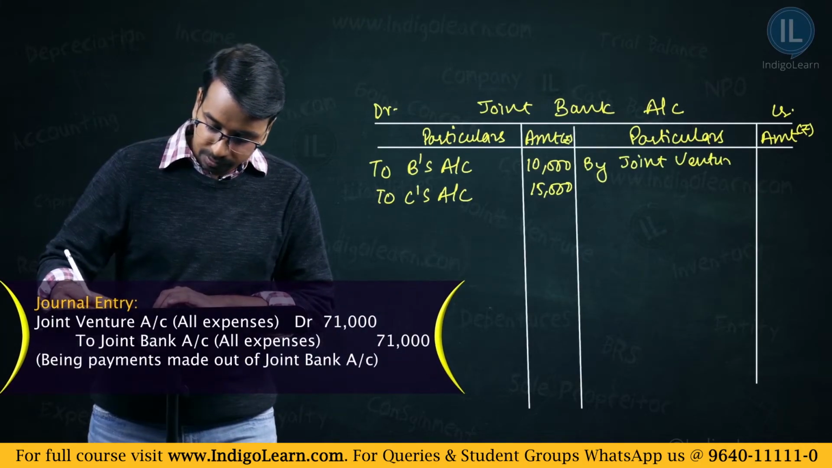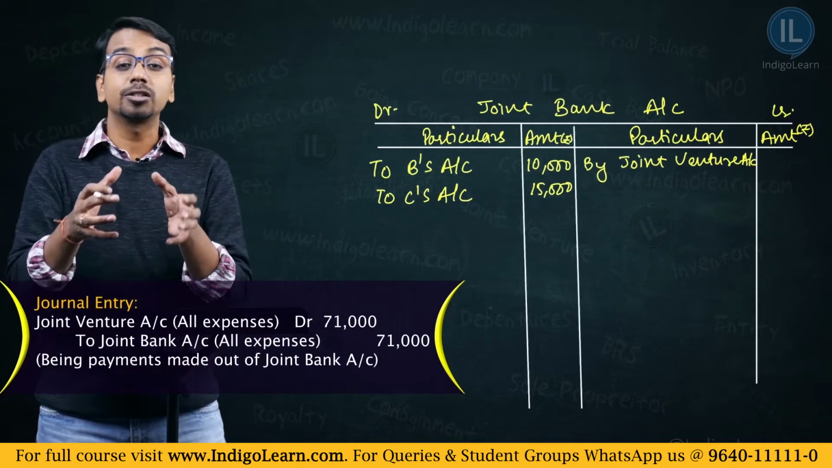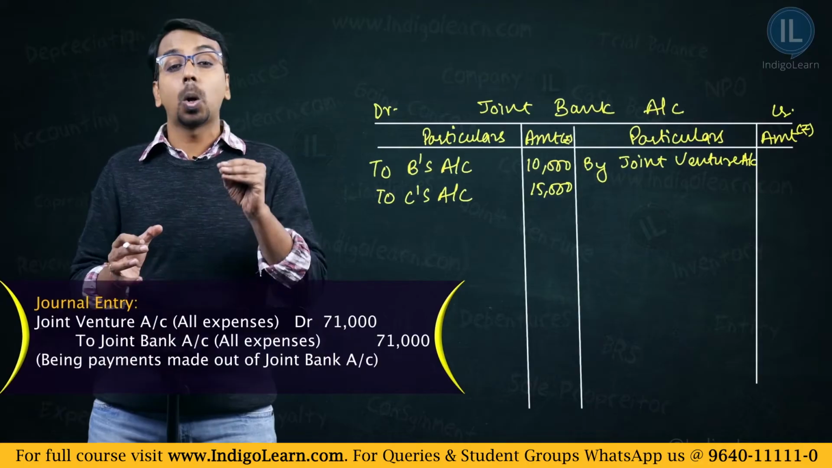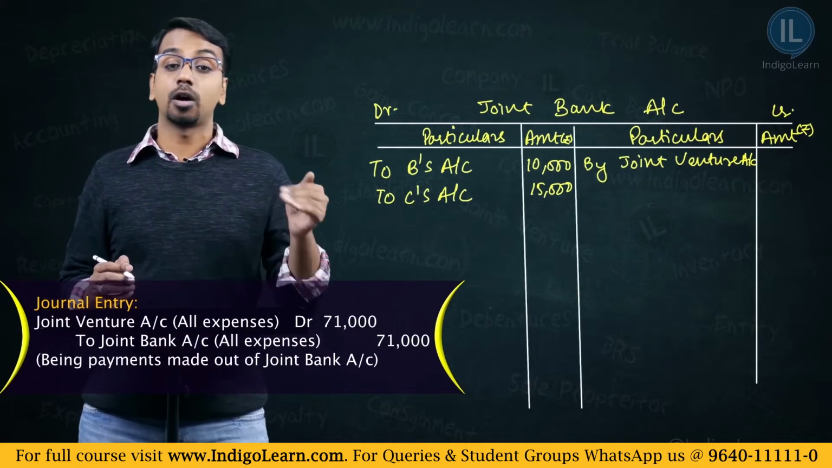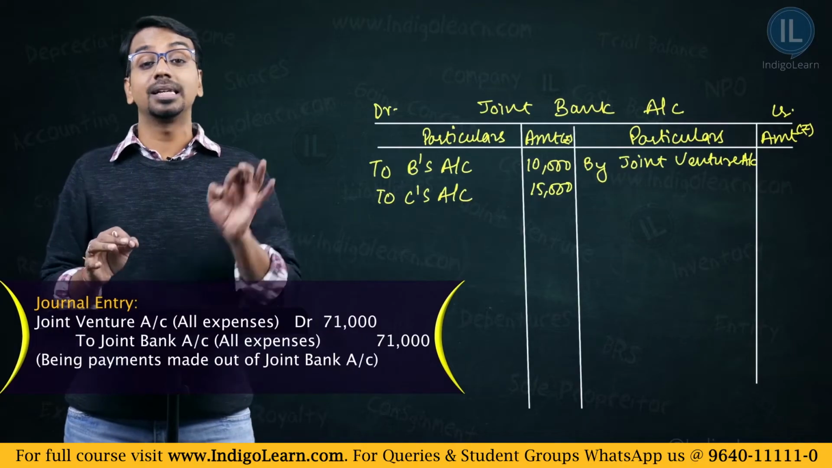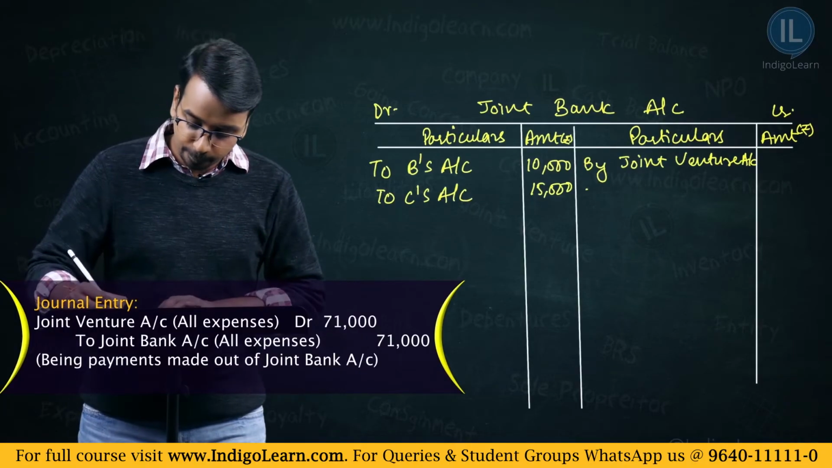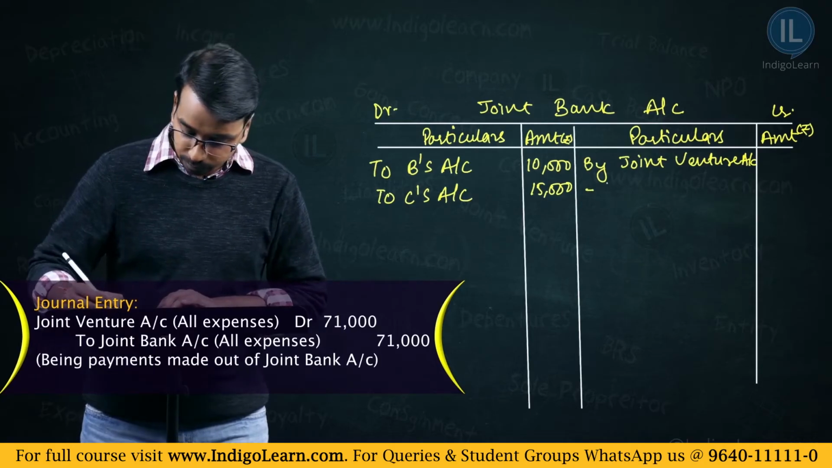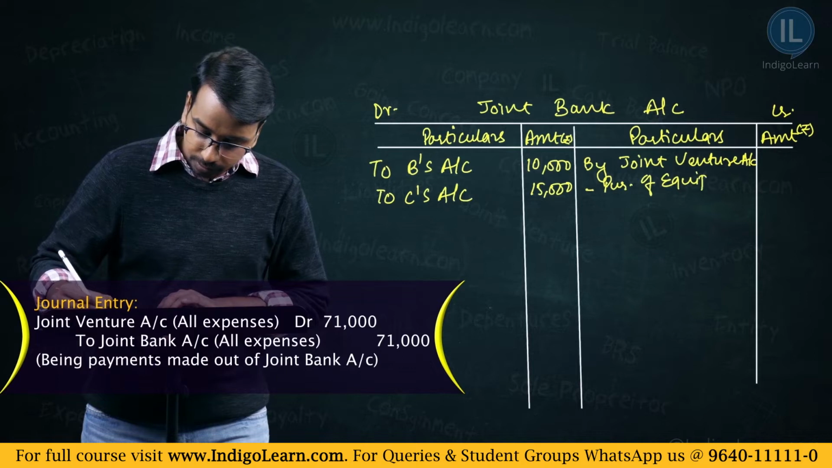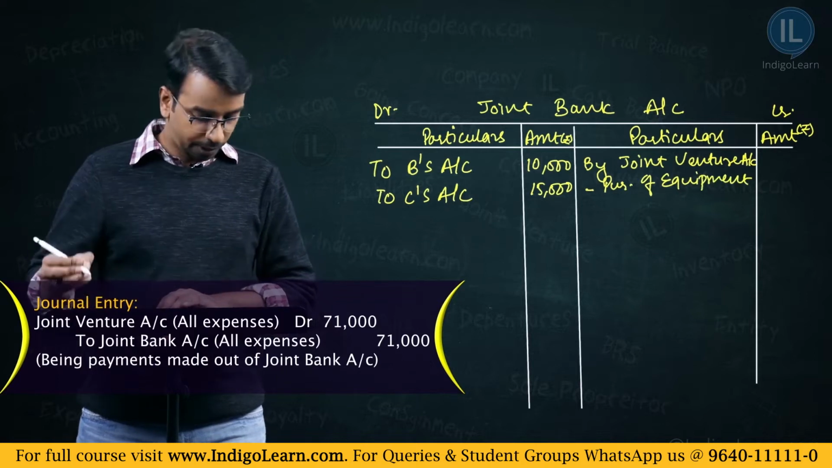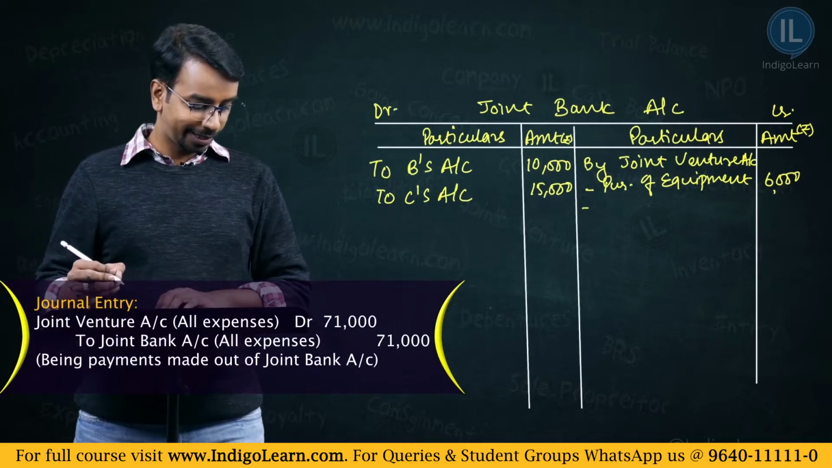joint venture account. Why joint venture account? This is a single consolidated account which will capture all the expenses. We will not say by hiring charges or by office expenses. Simple entry, a single entry by joint venture account. What is the first item? Purchase of equipment 6,000. Then